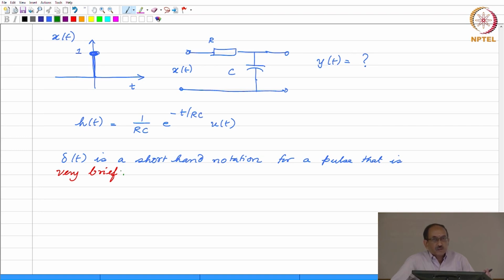So the shorthand notation for delta is for a pulse that is so brief, making it briefer will not make any difference in practice, because all practical measurements have finite resolving power. So it is in that context we are using delta of t. Developing an underlying theory that is sound is completely different, and that is what the mathematicians have done. So what this means is,